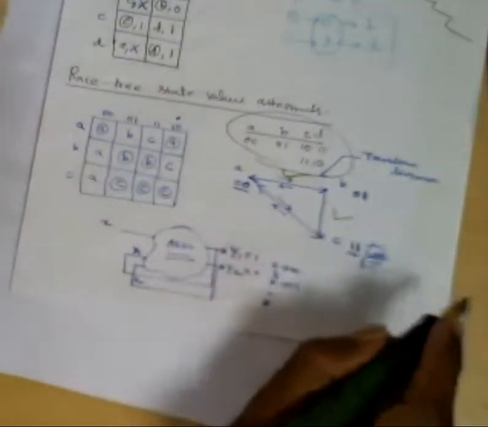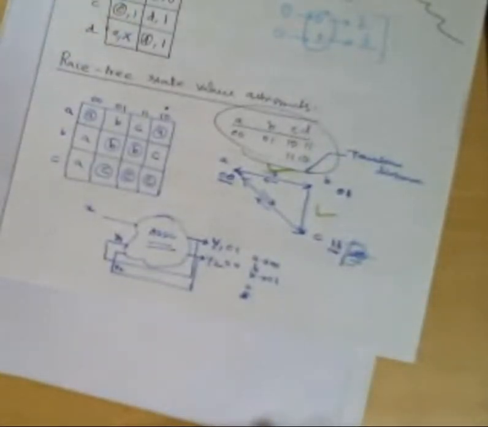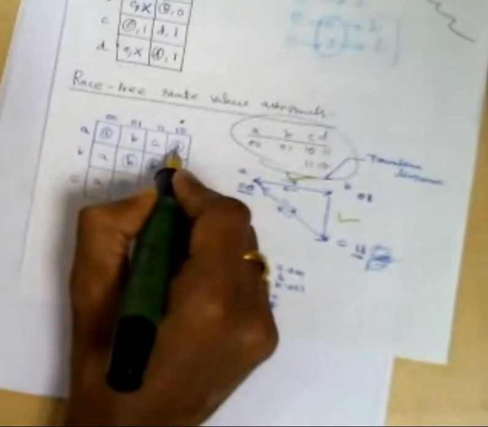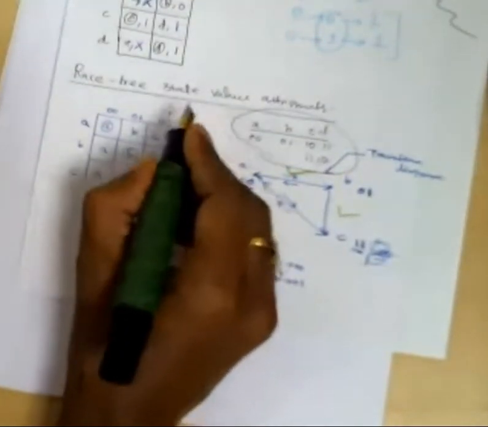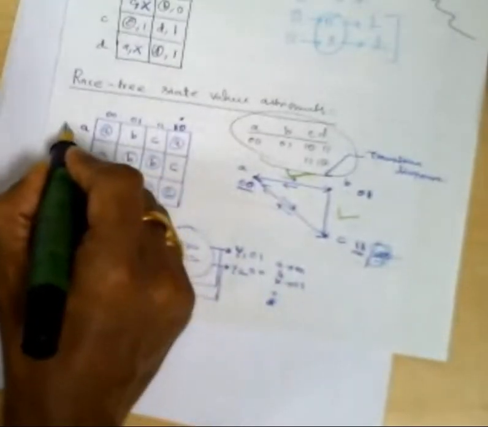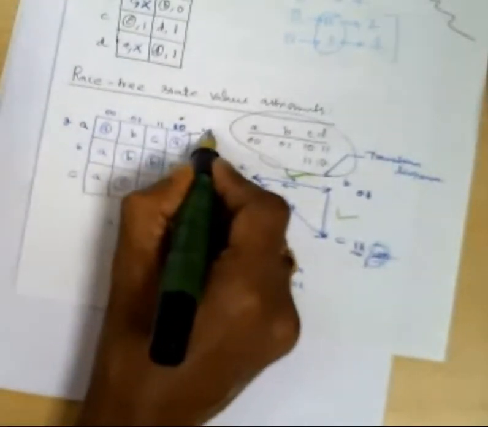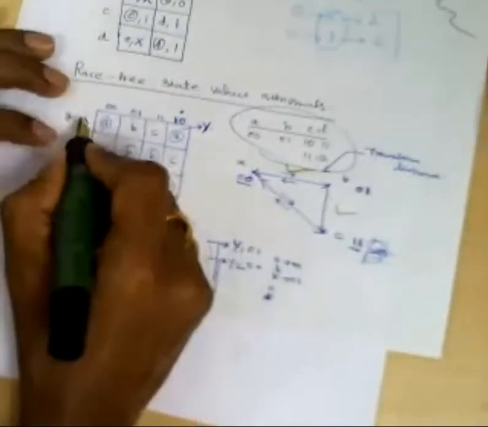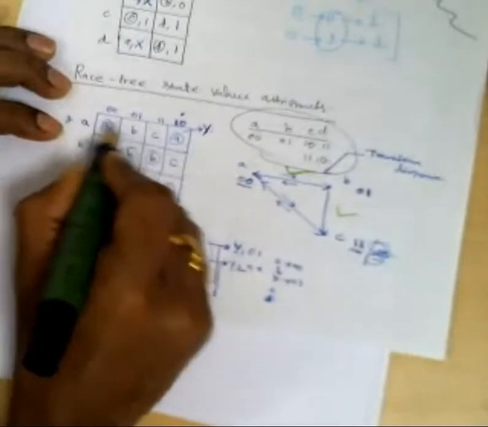That means we need to identify which value is suitable for this state assignment. Right. So now straight away we assign 0, 0, 0, 1, 1, 1. Then we will analyze. Then you come back. Now the circuit is stable at A. Right. So now the input is 1, 0. And this is small y, this is capital Y. So now the circuit is in the stable state because capital Y is A, then A here, A. So it is in the stable state.